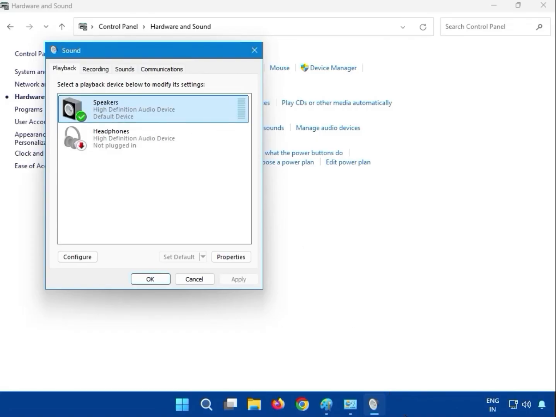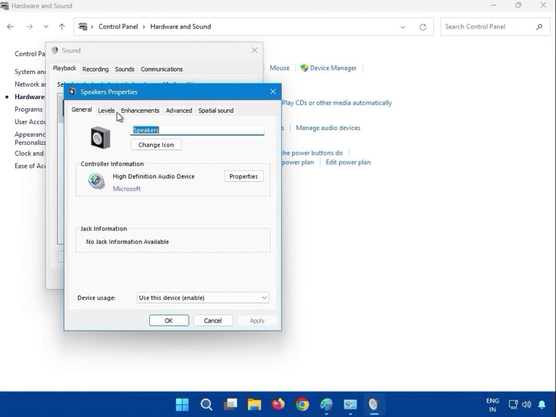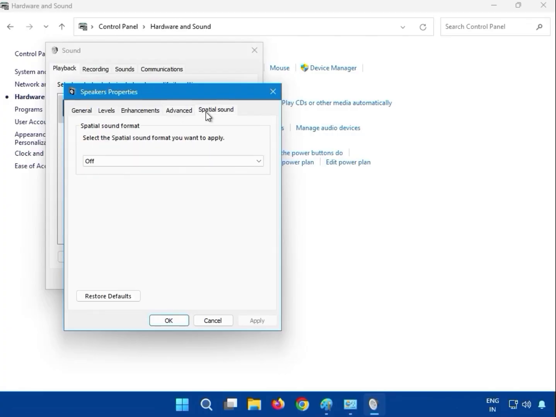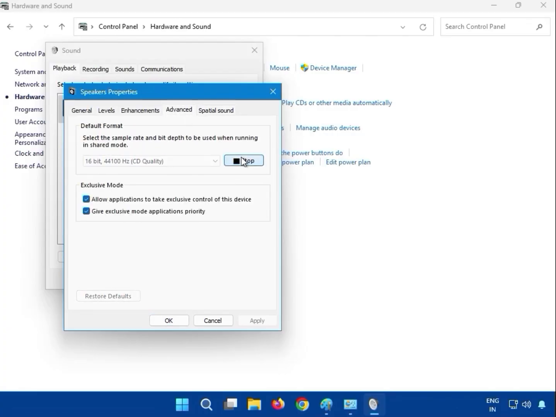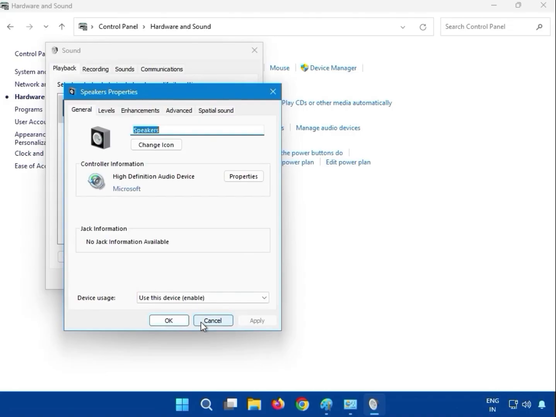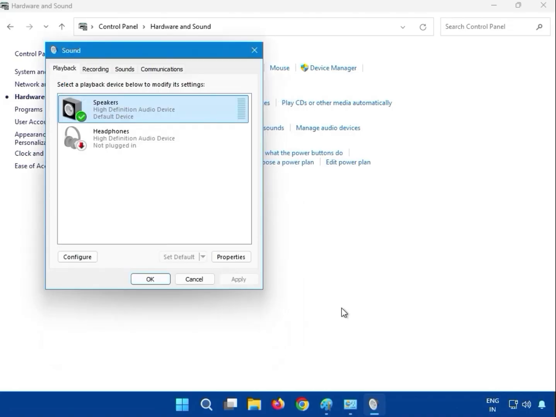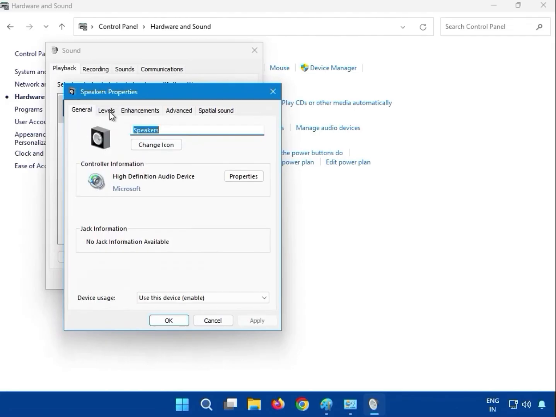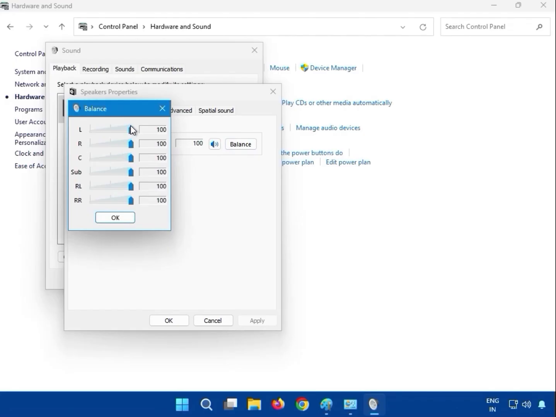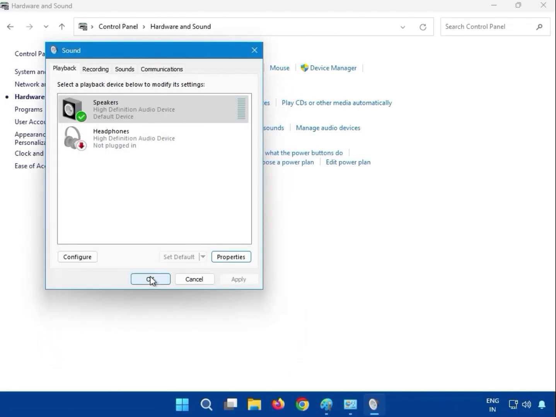Okay, then just double click and click on, you can see the text here like that. Okay, click on properties. So guys, select the level 100%. Okay, and you can see here balance is at 100%. Okay, and then OK, and then OK,